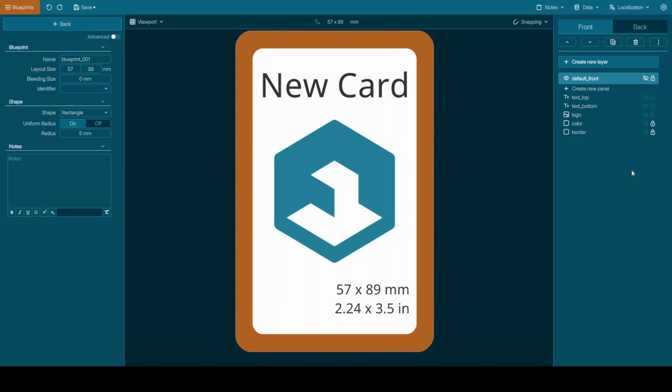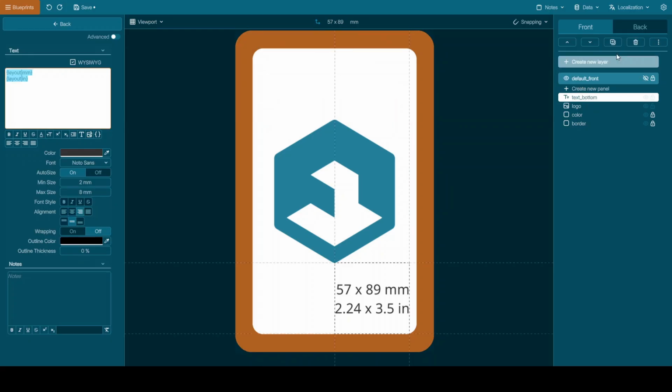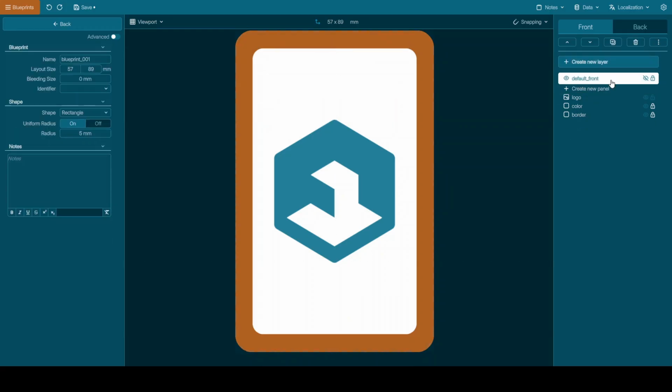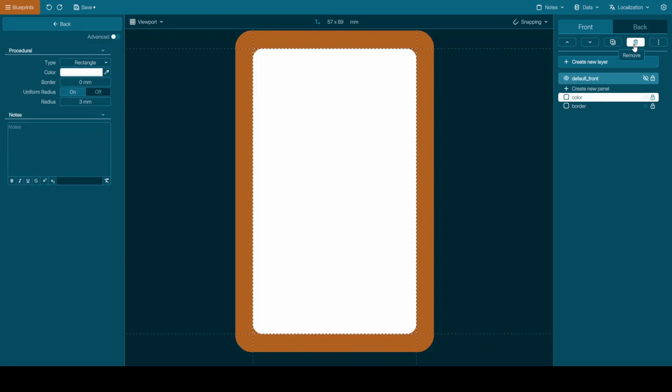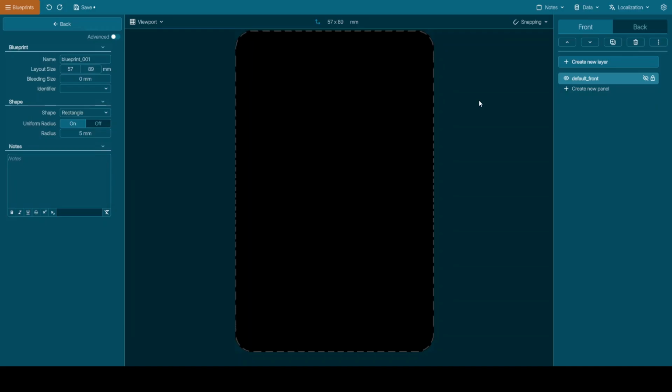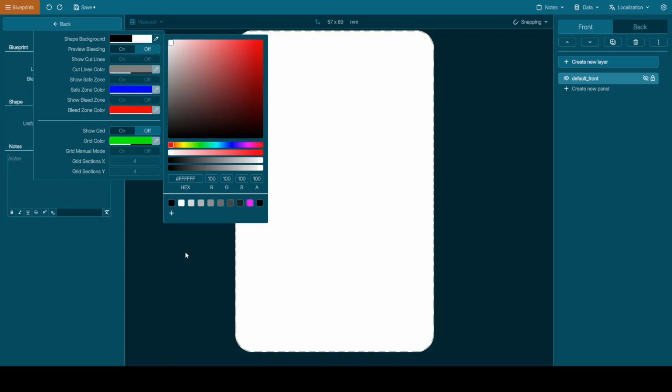So usually I like to delete everything and start from scratch. We have this default card front layer here, so I just delete everything, so I have a good clean situation here. And from viewport selection here we can change what our card background is, let's say it's white.